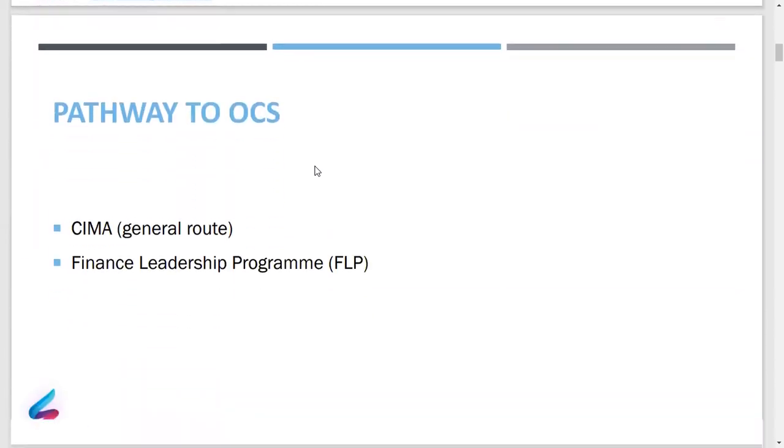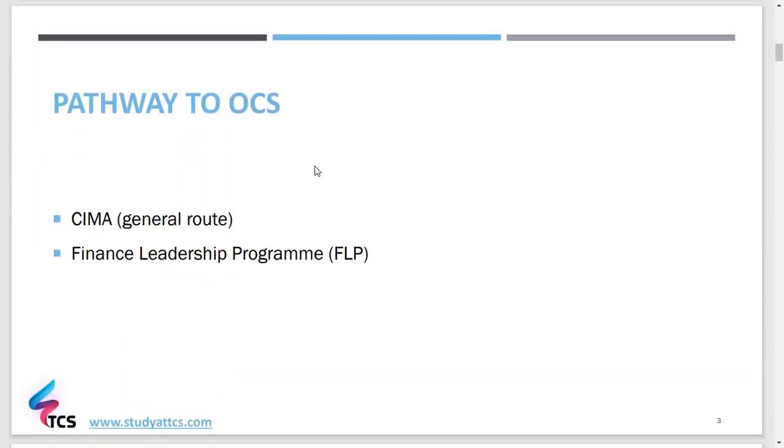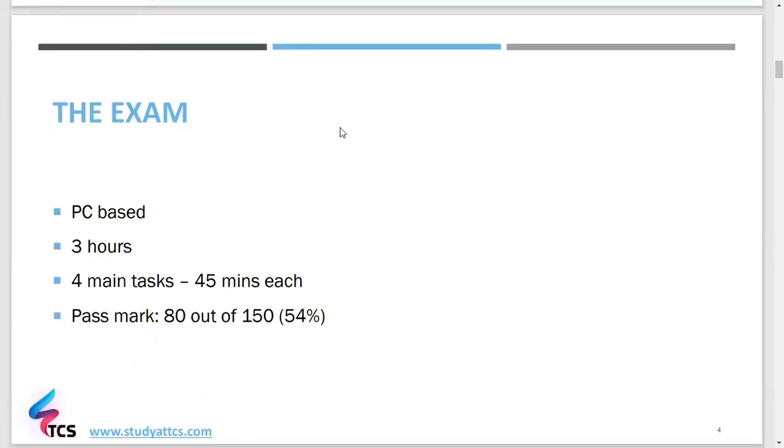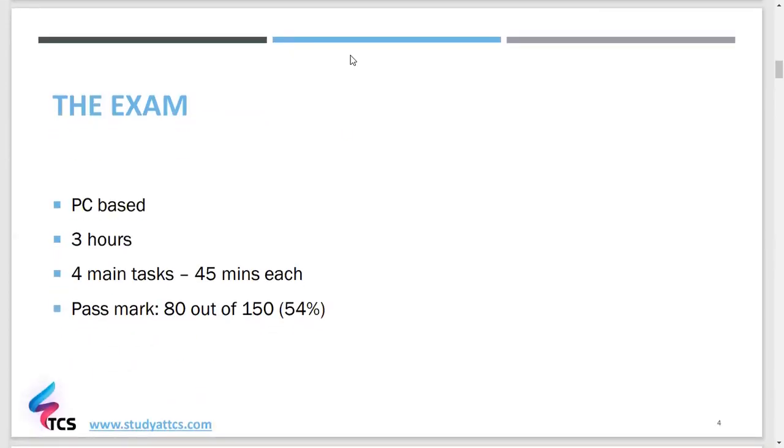Okay, right. So the pathways to OCS are twofold. Most of you might come through the general route of CIMA, having done the OTQ exams, and another set of students are coming through the FLP program, or the Finance Leadership Program, which is also known as the exemption route of CIMA. All right, then looking at the exams,